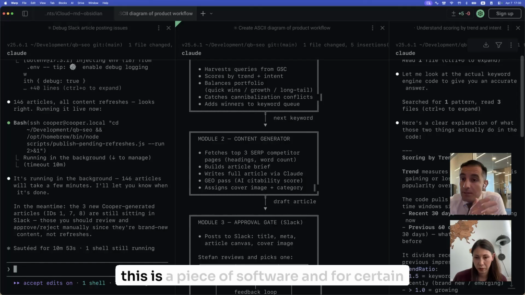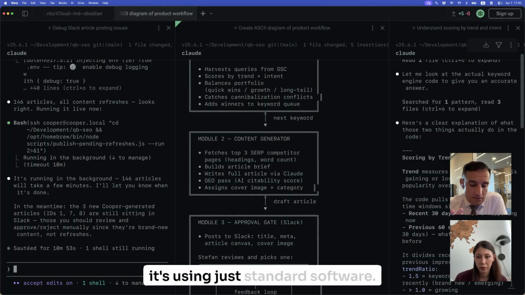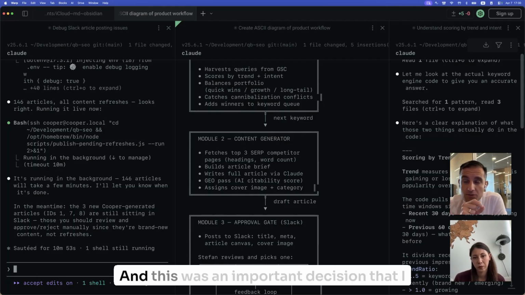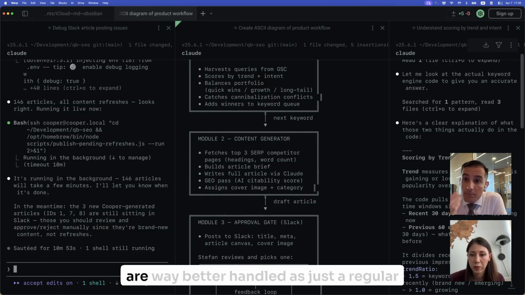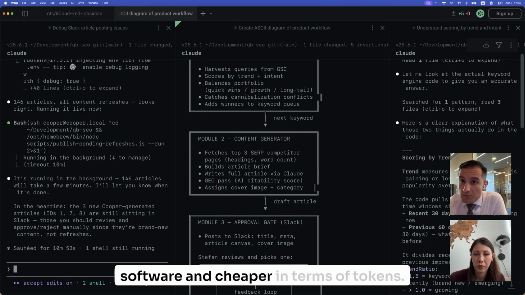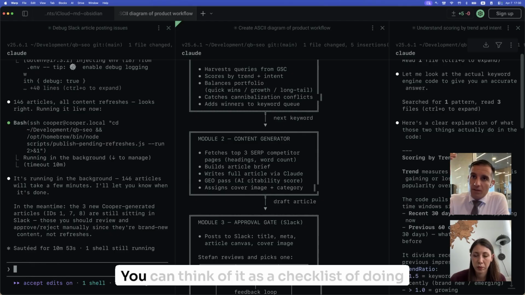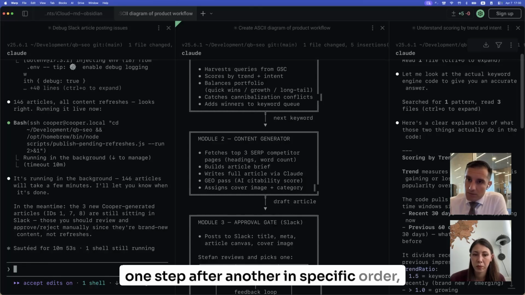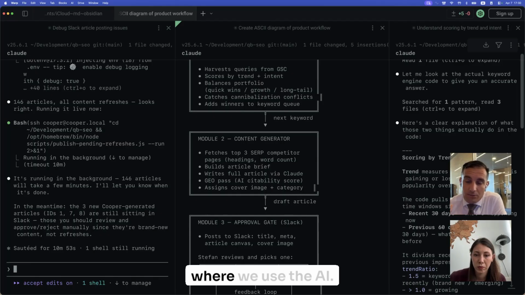to say that it's a piece of software. For certain aspects, it's using AI, but for other aspects, it's using just standard software. This was an important decision that I made in the beginning, because certain tasks are way better handled as regular software and cheaper in terms of tokens. This is what most of these scripts are made for. You can think of it as a checklist of doing one step after another in a specific order, gaining specific access. But for classifications, writing and research, this is where we use the AI,